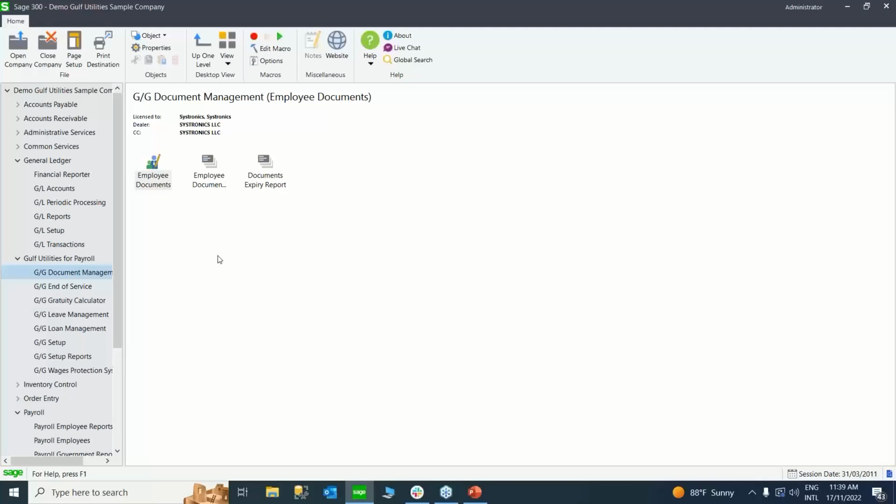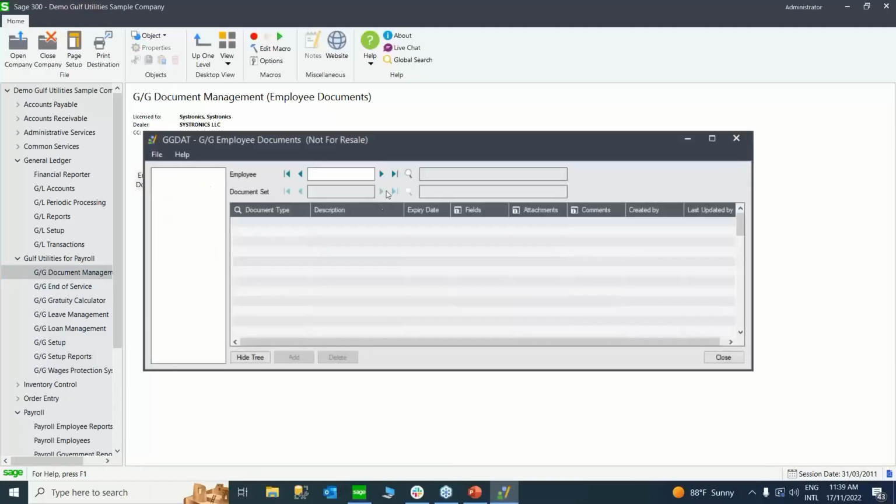In addition to attaching documents, you can also manage and store data fields corresponding to your personal documents, for example, the expiry date on your passports, work permit, visa, etc. This can be used, and you can produce a report to notify your renewals, which I will show you how to do. So let's go back to the employee document module and select